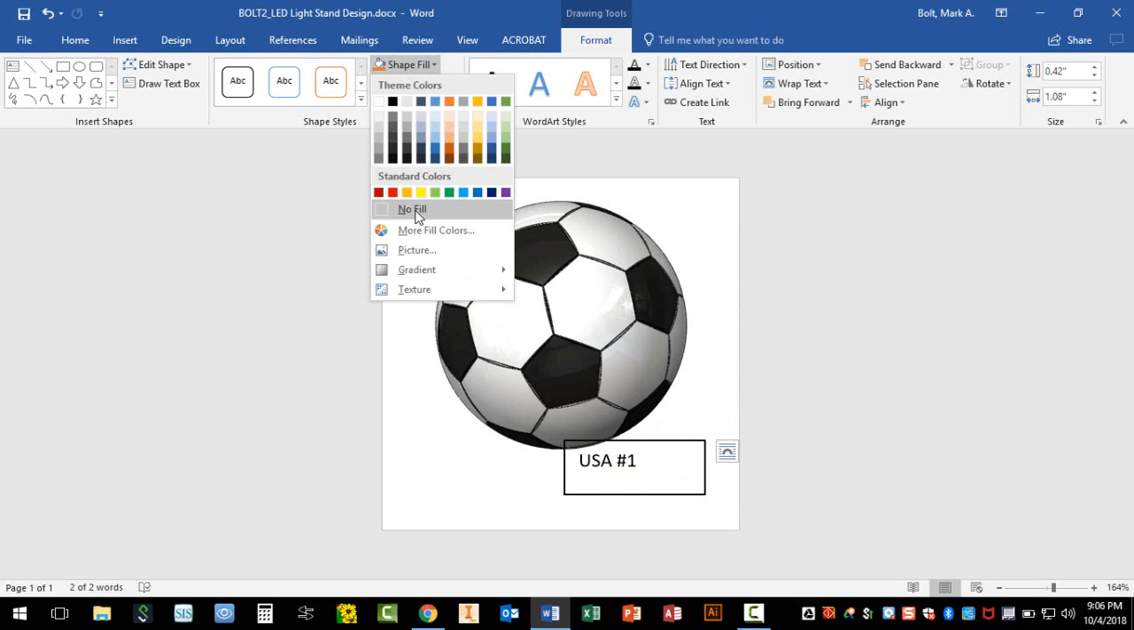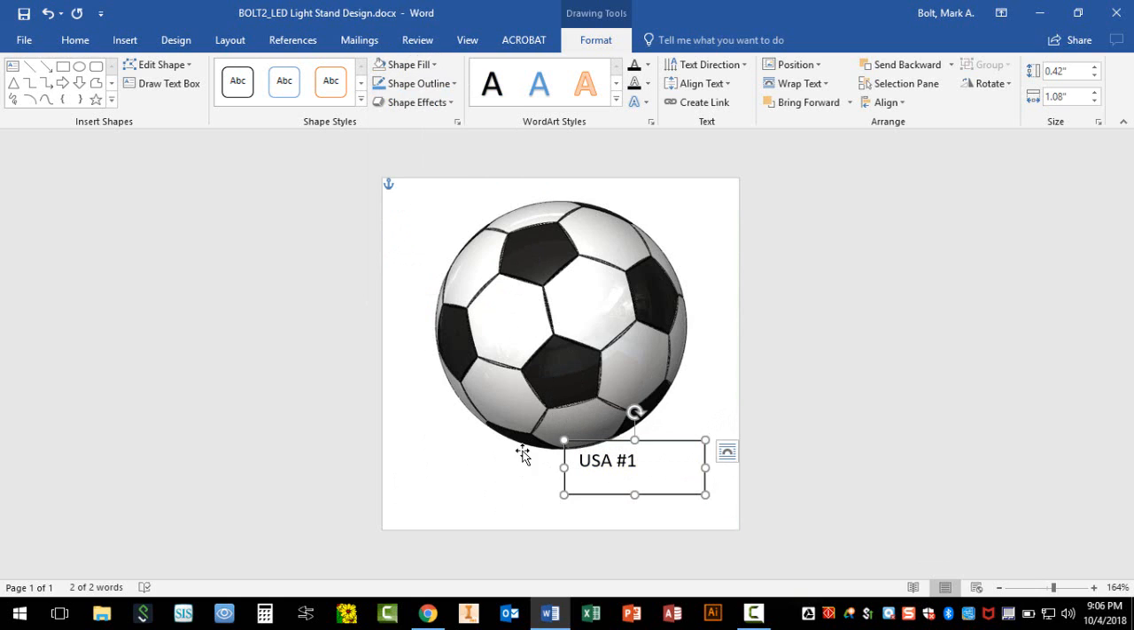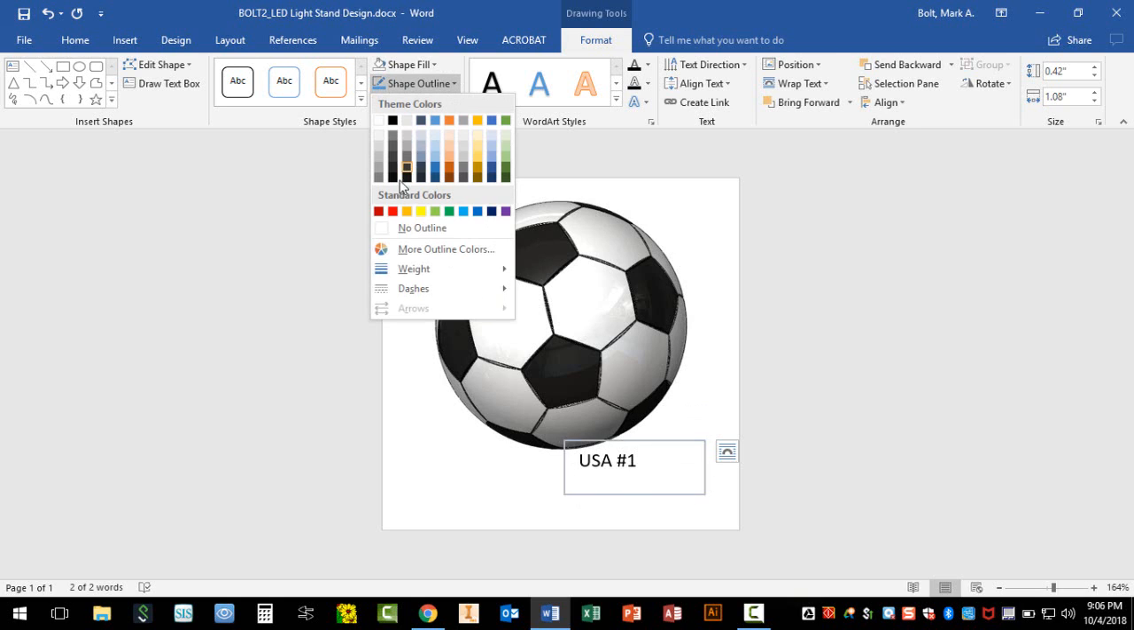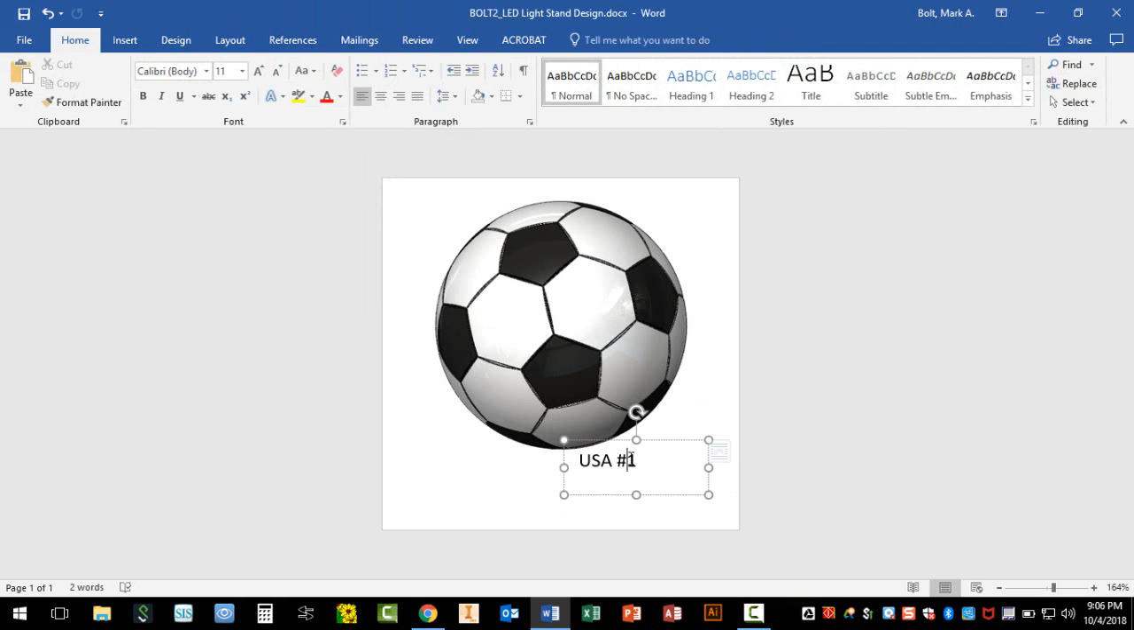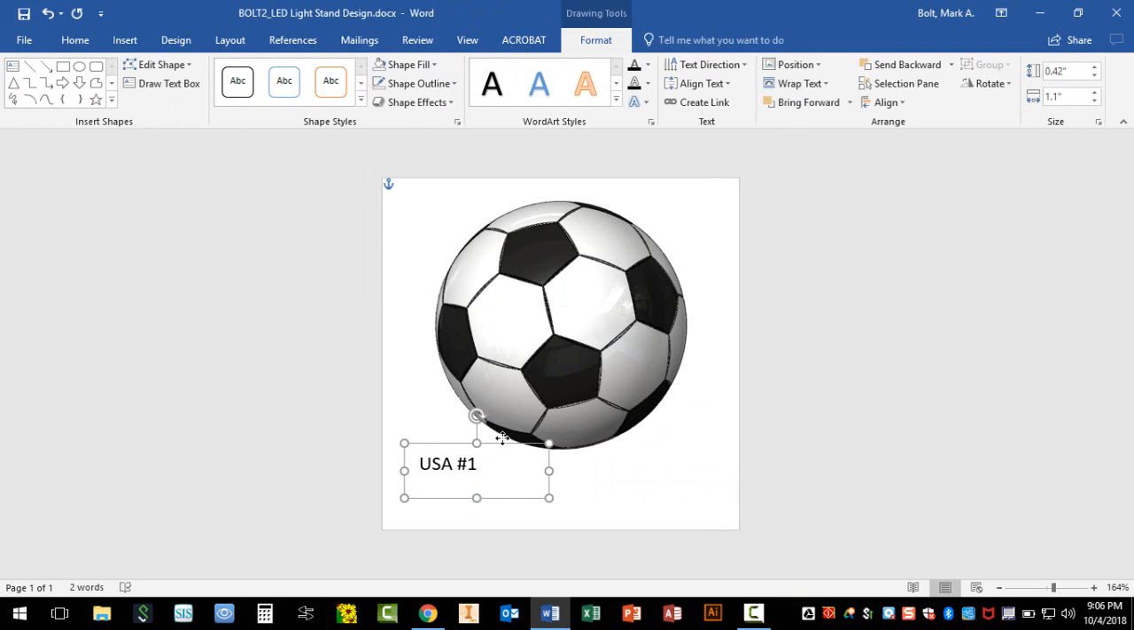But if I change the fill to no fill, you can see that the soccer ball comes through. If I want to get rid of the black outline, I go to Shape Outline, and once again I say No Outline. So you can see it's much cleaner. I could actually have text get fairly close to an image and not worry about part of the image getting